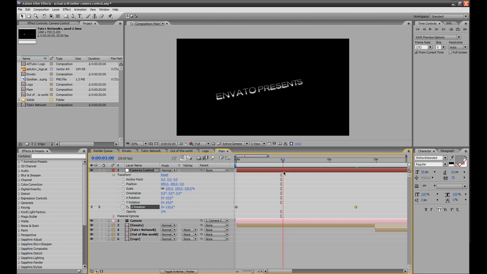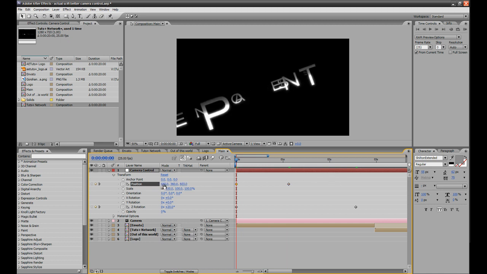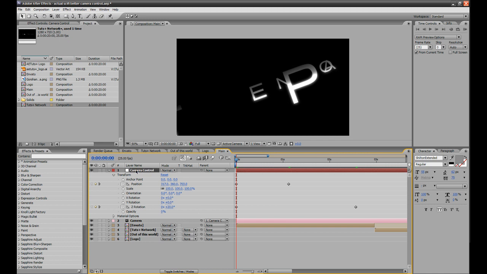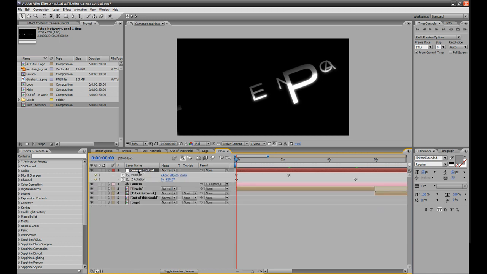So let's say we get it where the animation itself stops. So the text comes together at this point, so we'll keyframe that, and we'll move forward, and we'll start the animation, and we'll zoom in on the text, and we'll just move the camera, and zoom in a bit more. Okay, so now if we click on the layer and press U, we can actually hide all key parameters apart from those with keyframes. If we do a RAM preview, the animation,